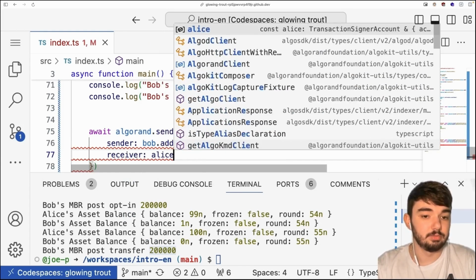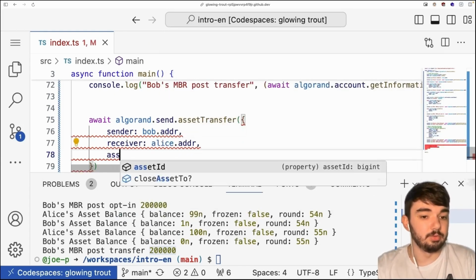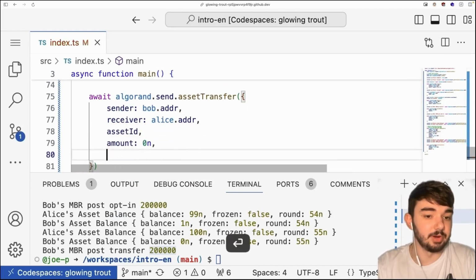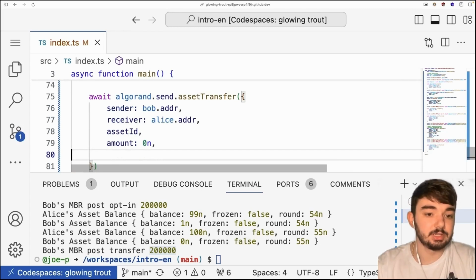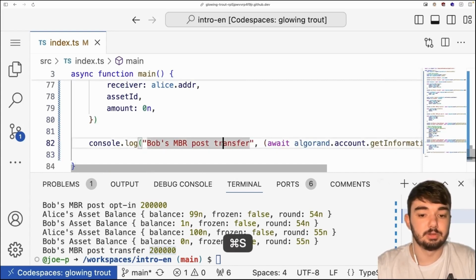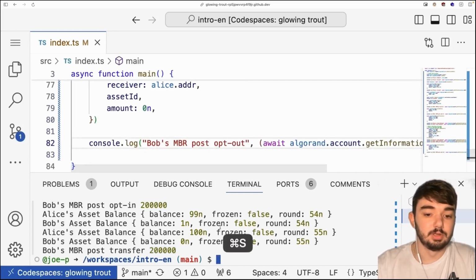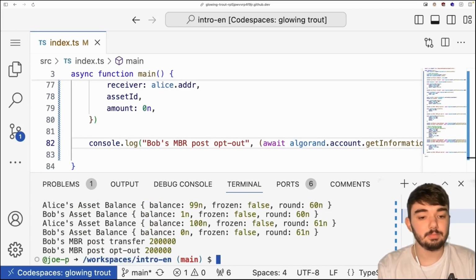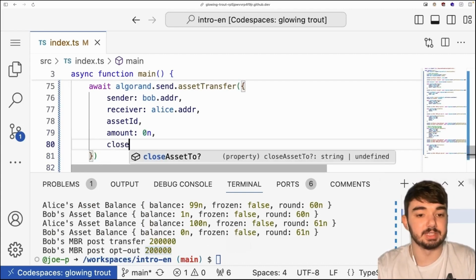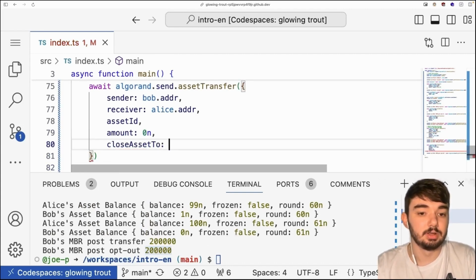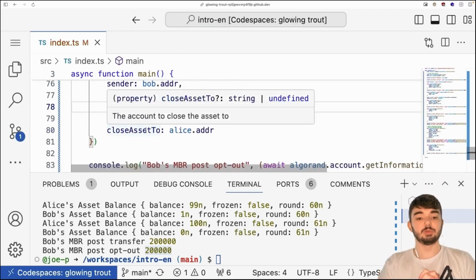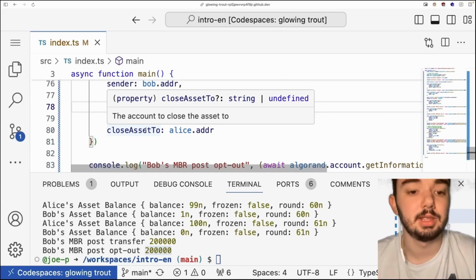Our receiver will be Alice, and we're going to say asset ID is that. Our amount, we know we have 0, so we're just going to say amount 0n. And now if we were to just do this, post opt out, the transaction goes through, but his minimum balance doesn't change. What we need to do is add this explicit field, close asset to, and we're going to close to Alice. Now what closing means is we're going to get whatever is left in my account and send it